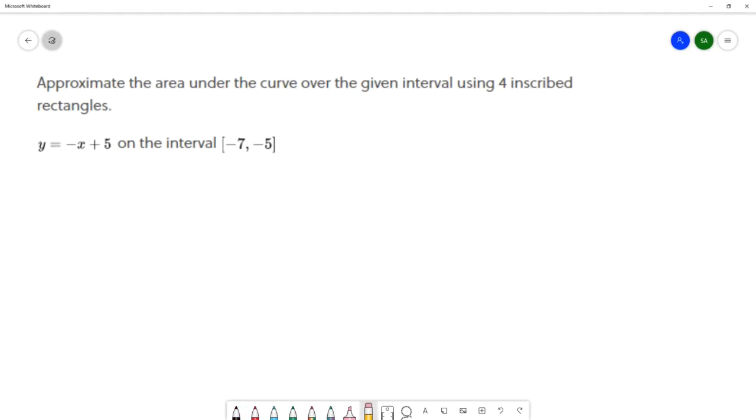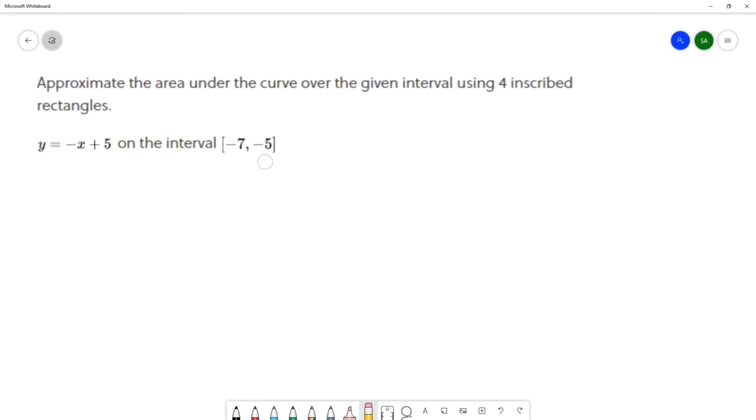Right. On this question, we want to approximate the area under the curve over the given interval using 4 inscribed rectangles. The curve we're working with is y equals -x plus 5, and we want to find the area under that curve on the interval from